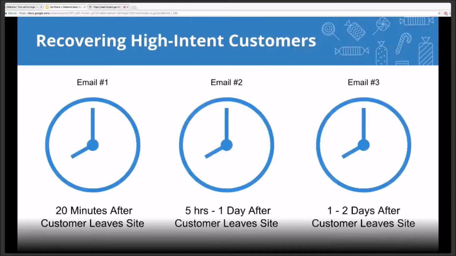And then, with browse abandonment campaigns, you want to be much hastier with how you send them out. Since these shoppers have a lower intent to purchase, they're going to forget about you a lot quicker than your high intent shoppers, right? So you want to stay fresh on their mind and at the top of their inbox, really closely following the abandonment. So 20 minutes, 5 hours to a day, and 1 to 2 days, 3 days max, is really where you want to be with the browse abandonment campaign, until you start working these leads into indoctrination sequences and just trying to keep them indoctrinated.